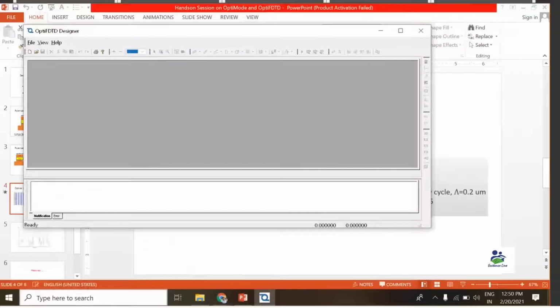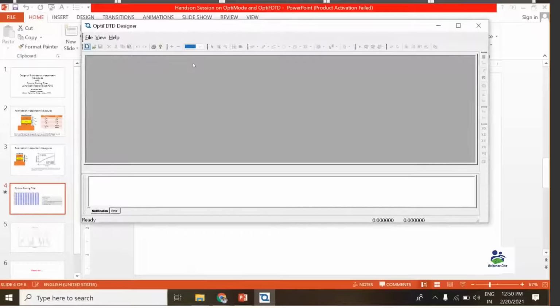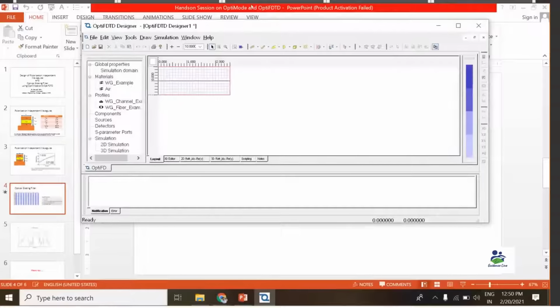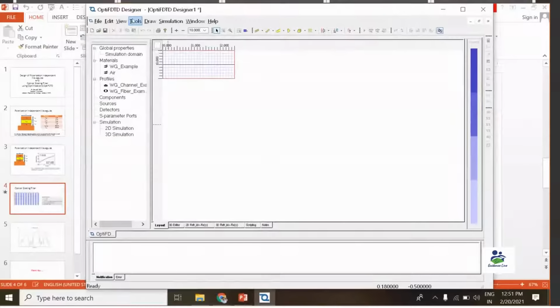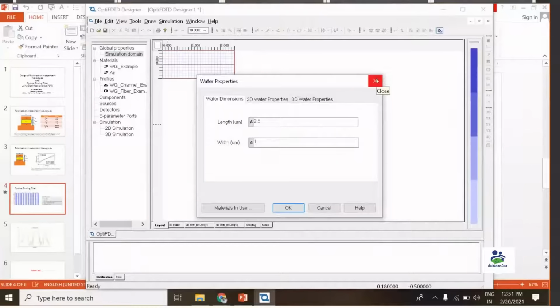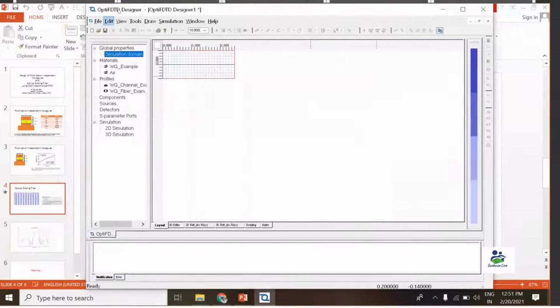So now you can see we have OptiFDTD Designer, and then click on new. It opens a simulation window. Now first we are going to define a simulation domain, or let me first define a material.